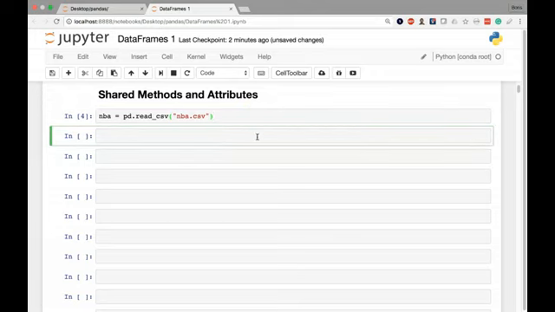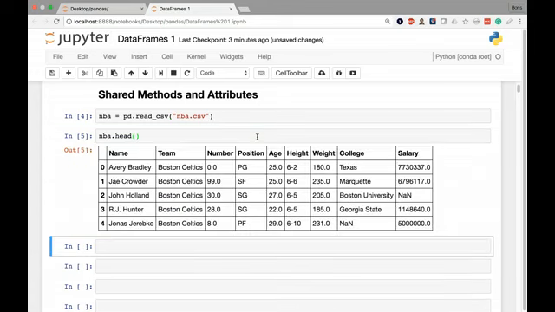And we've become pretty familiar with the head method on a series in the last module. The head method by default returns the first 5 rows. Well, on a data frame, we can also call the head method. I'm going to use .head and just place my parentheses there. And it's going to do the exact same thing. It's going to give me a brand new data frame with just the first 5 rows of data from my